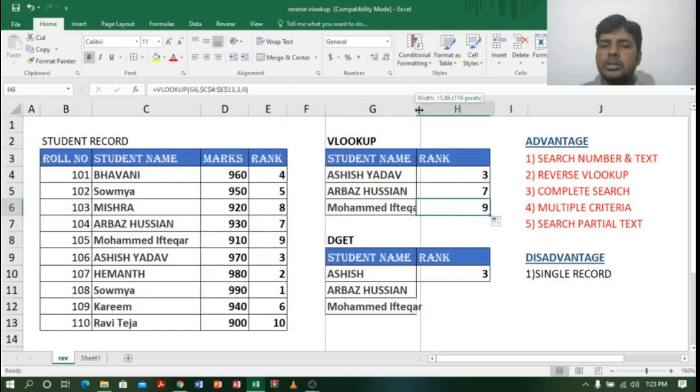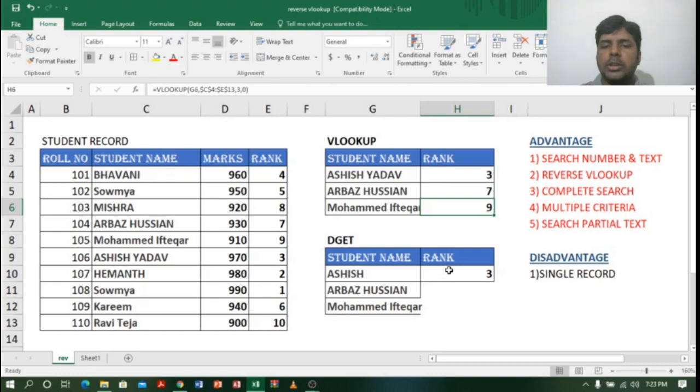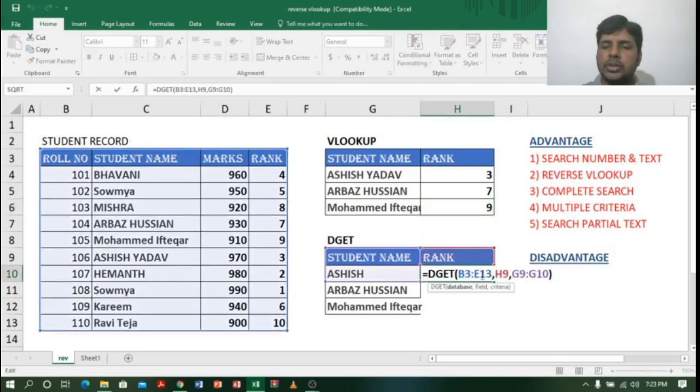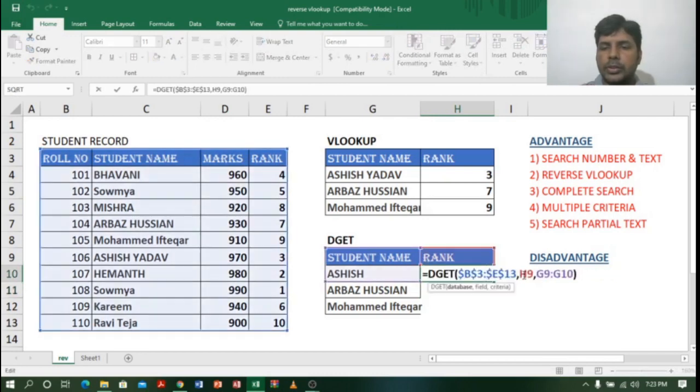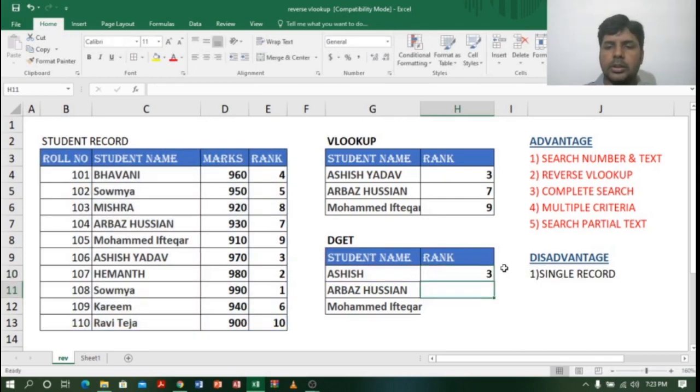Nice, right? Same way, if I do the same in the DGET function, let us see what happens. I will use function F4, right? Let me click enter and drag. I will also fix the rank by using function F4, right? Now let me drag this one. See what it is showing, it is showing error.